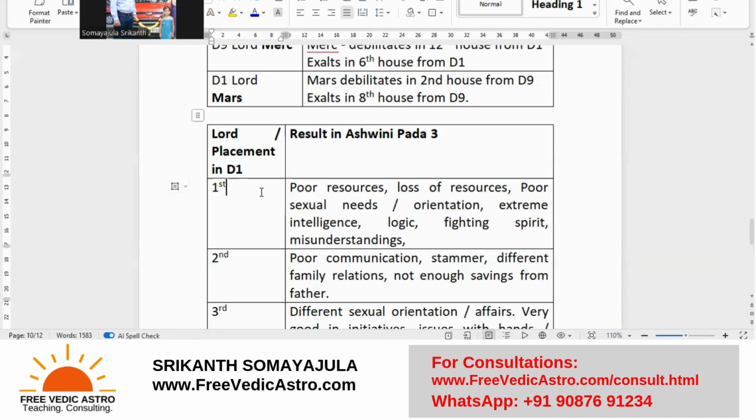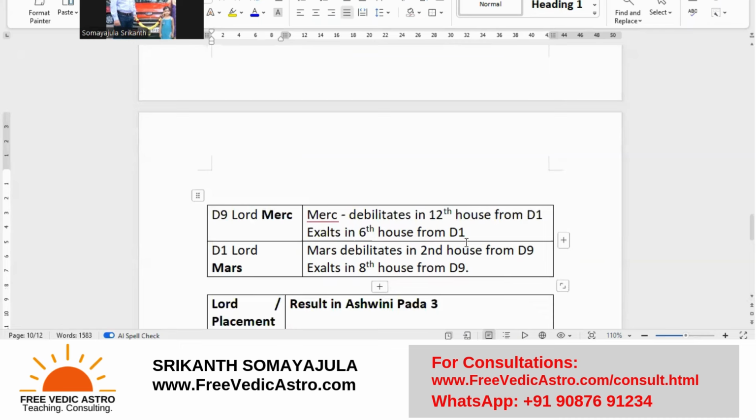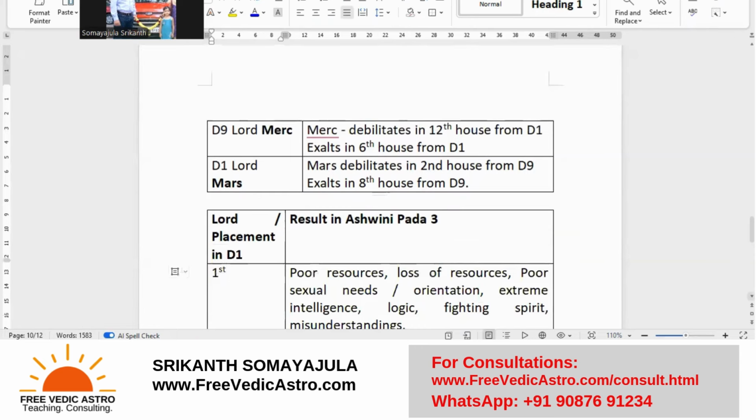The first house connections, right? Now you see, you can just use this, okay? It's in the 2nd and the 8th house. 2nd house is the resource. 8th house is the depletion of it. So it can show depletion of resources because of trying for a business, right? When you deplete your resources, you're trying for business, your business is not very successful, or you're constantly thinking which business to set up because you don't want to set up a small one. You're always trying to understand which business suits you better, right? Because Mars pulls you in one direction, Mercury tries to pull you in another direction. So the person is highly indecisive.